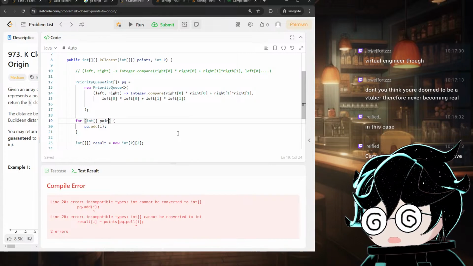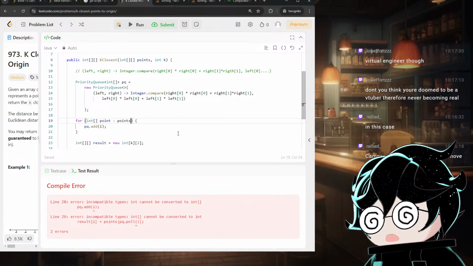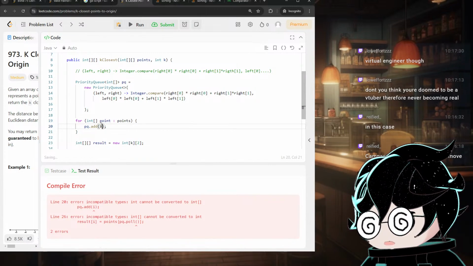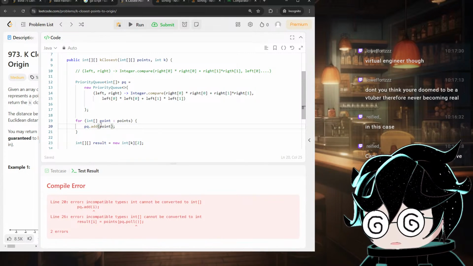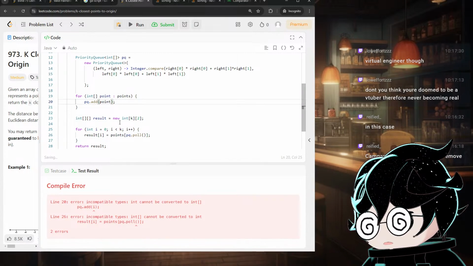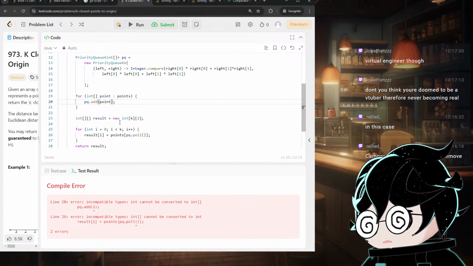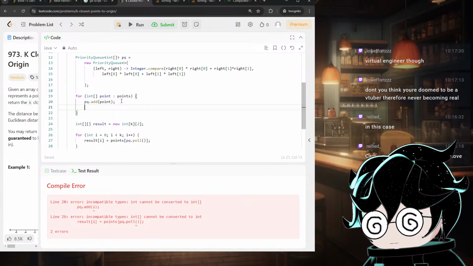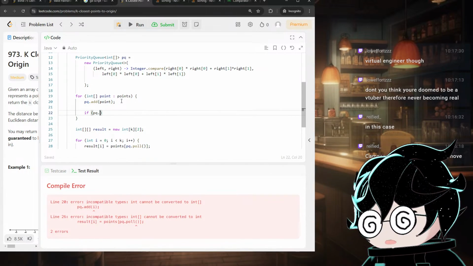Int point in points, pq.add point. So if pq.size,